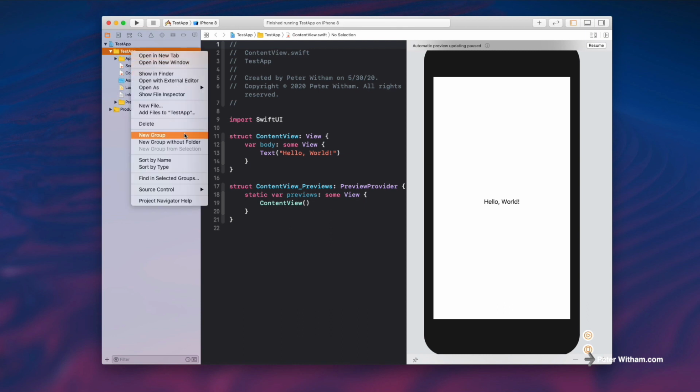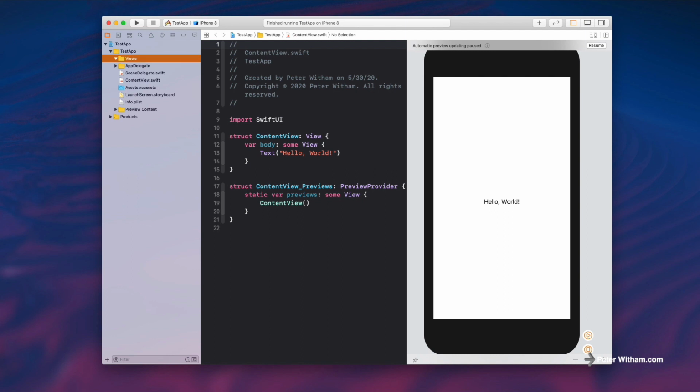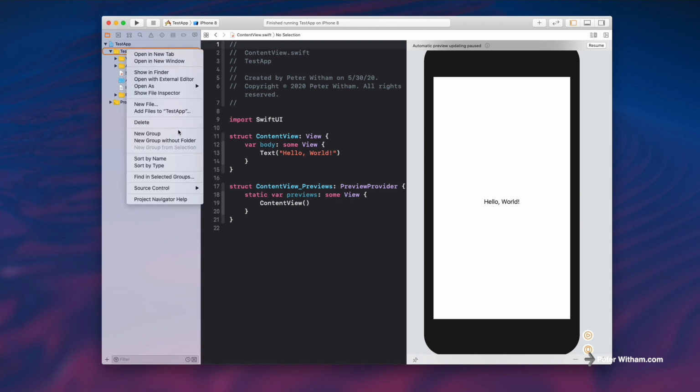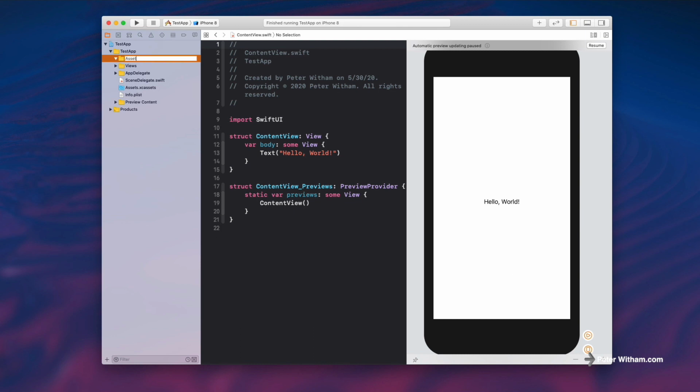Going to create another group here, and I'm going to call this one views. And I think you can guess what's going to go in there. I'm actually going to put the launch storyboard in there as well, just to get that out the way. The content view, yep, going to put that in there because it's a view, right? So let's just close that up. That's a few more files gone. We've got the scene delegate here, the info plist, and the assets list. I'm just going to create another group here called assets. And the reason I do that is because it's inevitable at some point you're going to have other assets, right? And rather than having them all messing up this list,